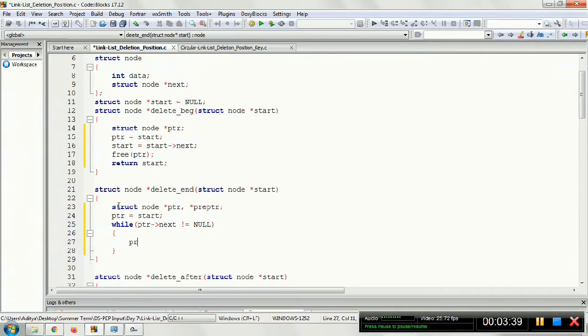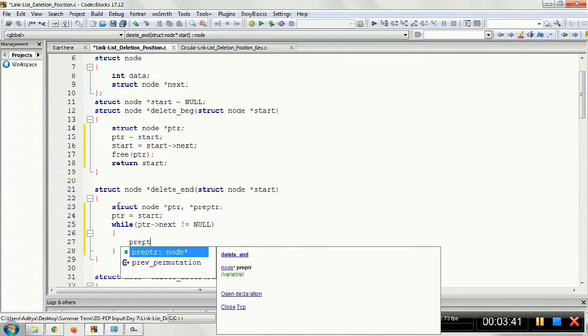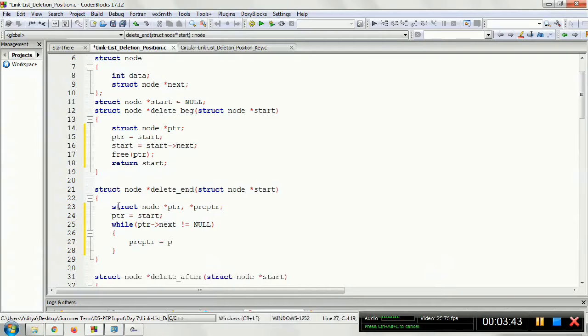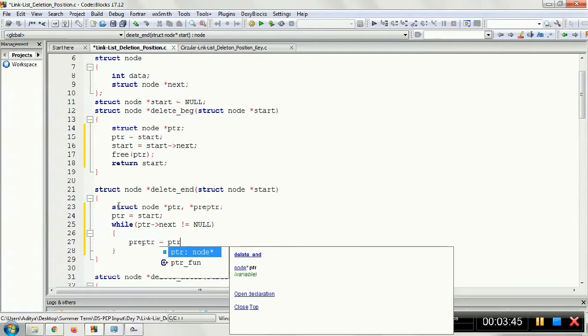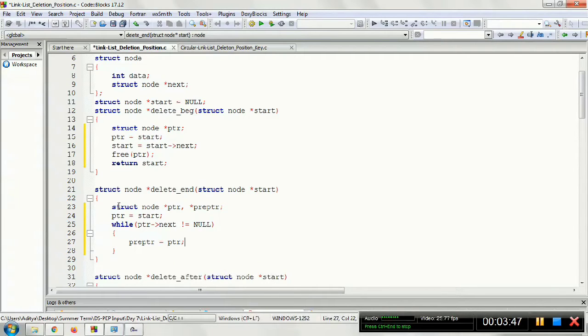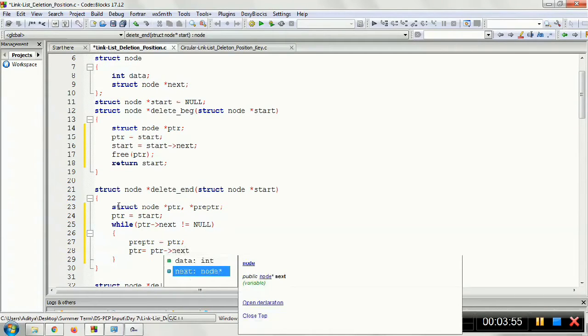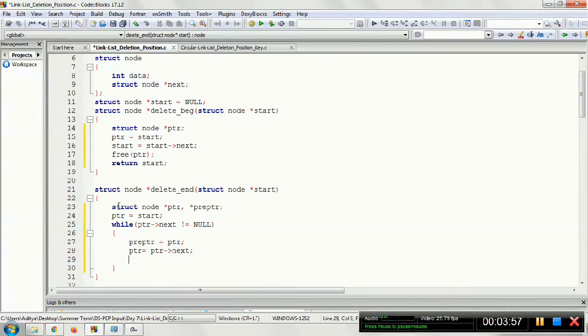The pre-PTR will always follow the PTR. So assign the pre-PTR to the PTR, meaning whatever the PTR is pointing to, the pre-PTR will point to the same node, and the PTR will move one step further. Whenever this loop terminates, the PTR is pointing to the last node, and the pre-PTR is pointing to the node before the last node.